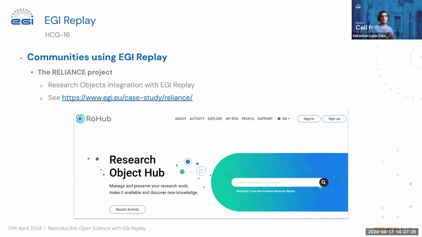So they collaborated with EGI to integrate RoHub with EGI Replay. So if you upload a research object with a Jupyter Notebook, you can automatically get a link and rerun those notebooks using EGI Replay. So that's again offering easy support for reproducible science.